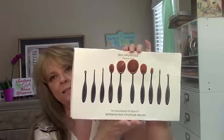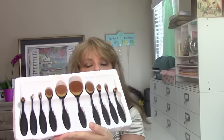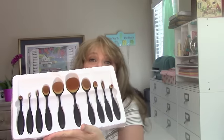And it's these. These are the Beginning of Beauty Mermaid multi-purpose makeup brushes. You get 10 in the box, and here they are. I have washed them, and I've been using them. I don't know why we as YouTubers do that, but we save boxes and show them right back in the box. And that's what I did. So anyway,